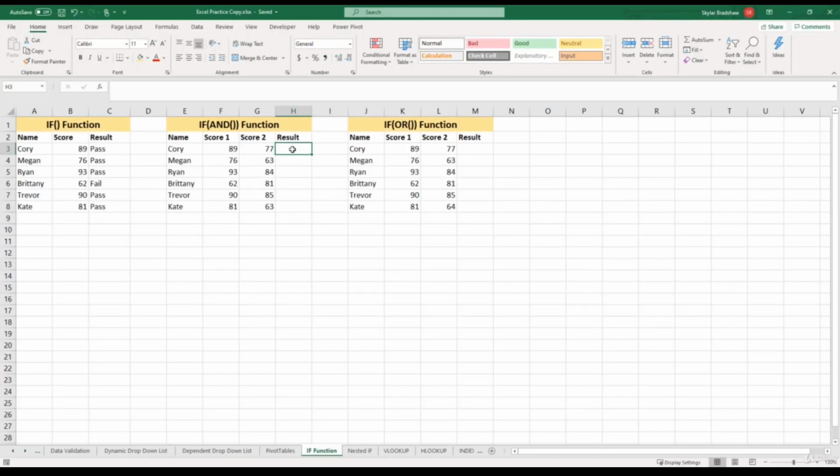Okay, so now we are going to expand the IF function by combining it with other conditional functions. So the first function that we are going to combine with the IF function is the AND function. And let's see what Excel defines the AND function as. So if I type in AND, this function checks whether all arguments are true and returns true if all